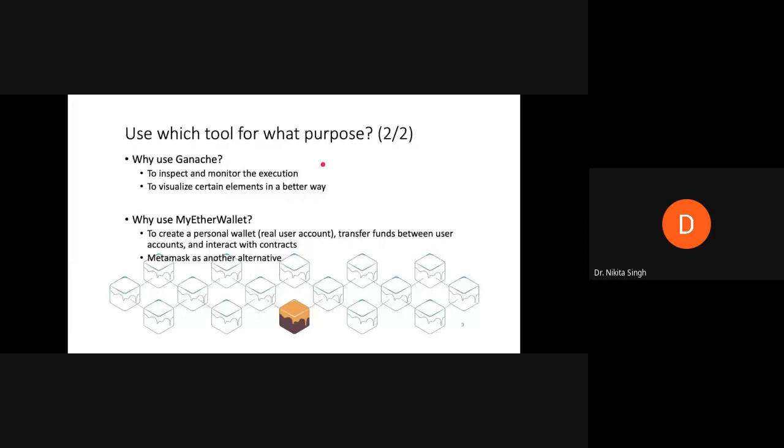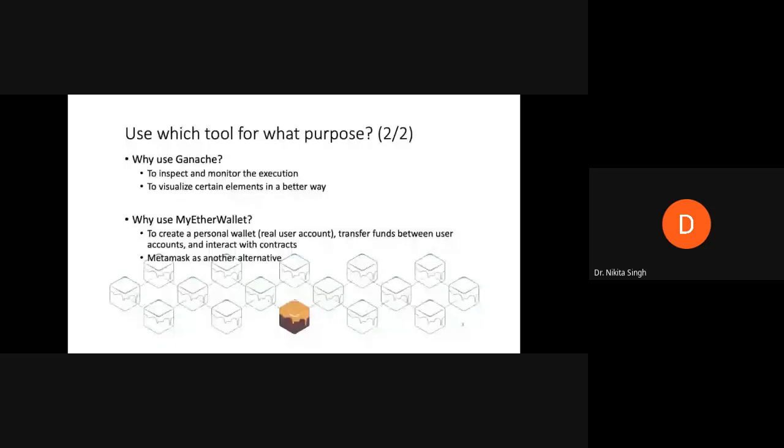When you actually have a wallet, you can see the transfer of funds reflected. If you're sending money, that will get updated in your account. If you receive some money, that will also get reflected in your account. If you're initiating transactions, that will get reflected. If a transaction is being initiated and a smart contract is being executed, that will also get reflected in your account.